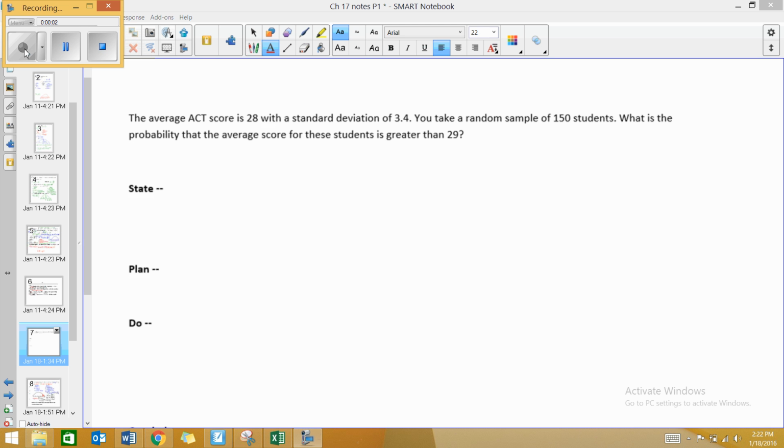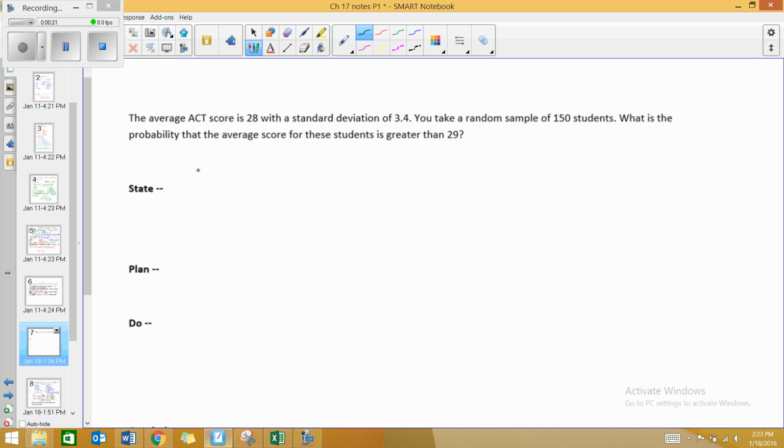All right, so here we're looking at the first problem for the end of the chapter 17 notes. It says the average ACT score is 28 with a standard deviation of 3.4. That's referring to the population. So it's saying that the true average ACT score is 28. So we'll go ahead and record that as our mu. So mu is equal to 28 and our standard deviation is